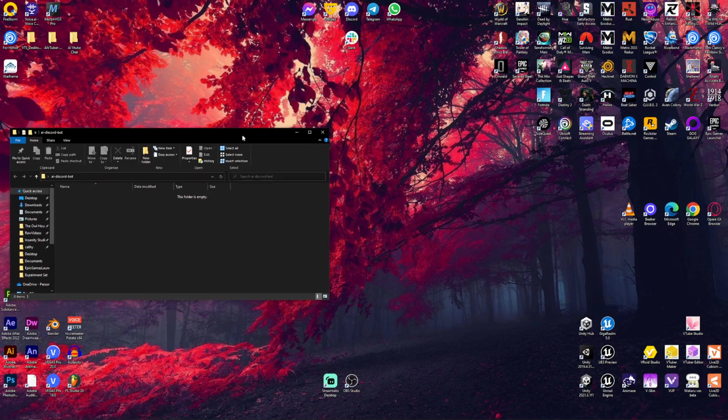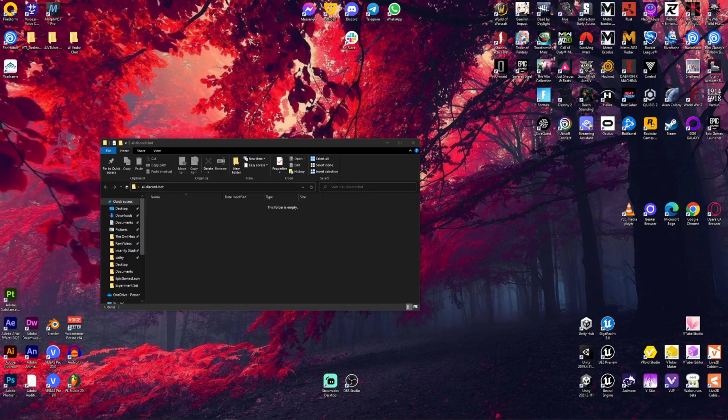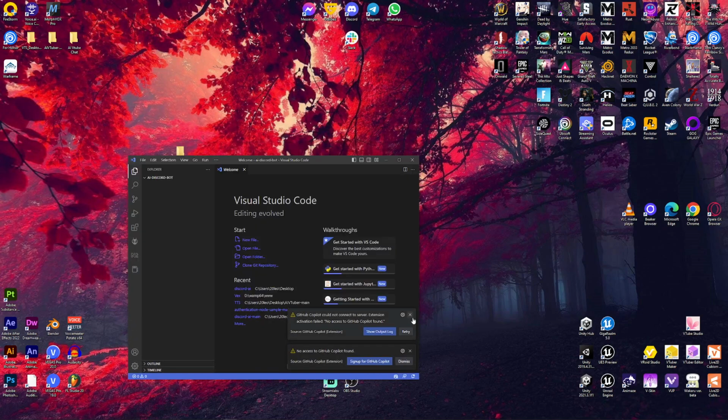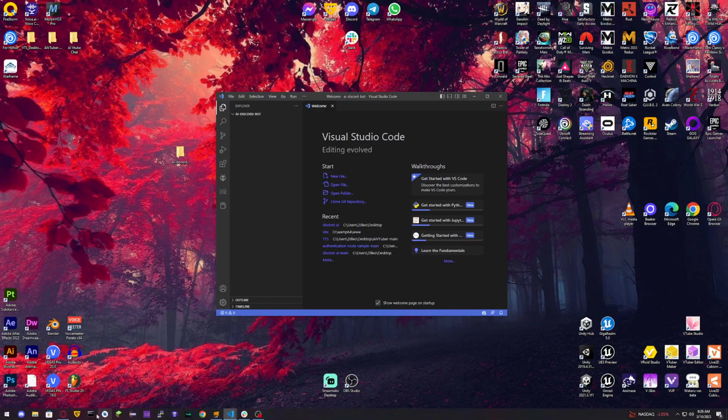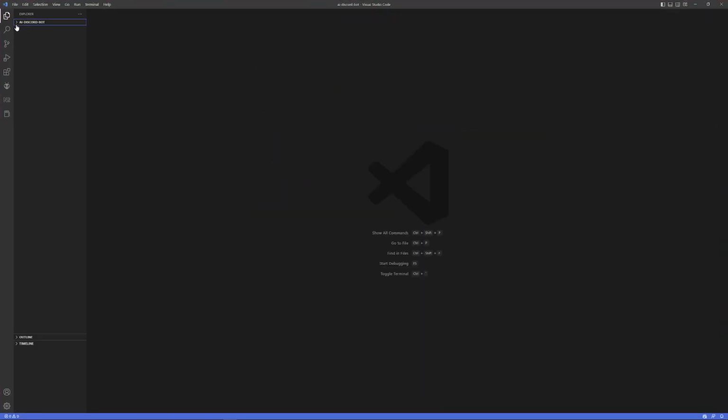Now, we're going to open the folder, and we're going to right-click, open with Visual Studio Code. Now, if you don't have Visual Studio Code, it's all right. You can use your editor of choice, and you can use your normal command prompt and stuff like that. I just prefer to use Visual Studio Code because it's easier. So, what we're going to want to do is we're going to go new terminal. We're going to type in